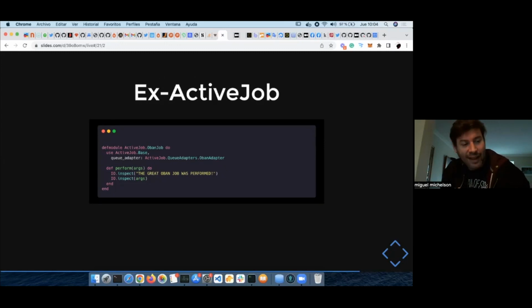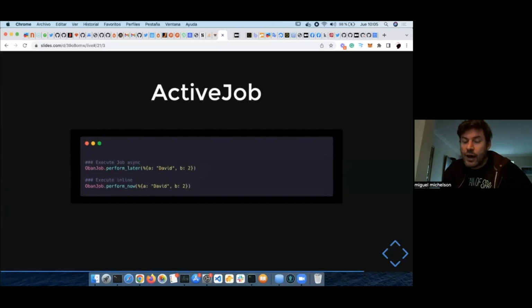So I came up with ActiveJob for Elixir, which is a simplification of Rails' ActiveJob. It takes the design of the library, and there are 2 integrations already built in that I chose as queuing libraries, like Oban and EXQ. But adding more backends is really simple. I've also added 2 more backends that are intended for development, the inline and async.